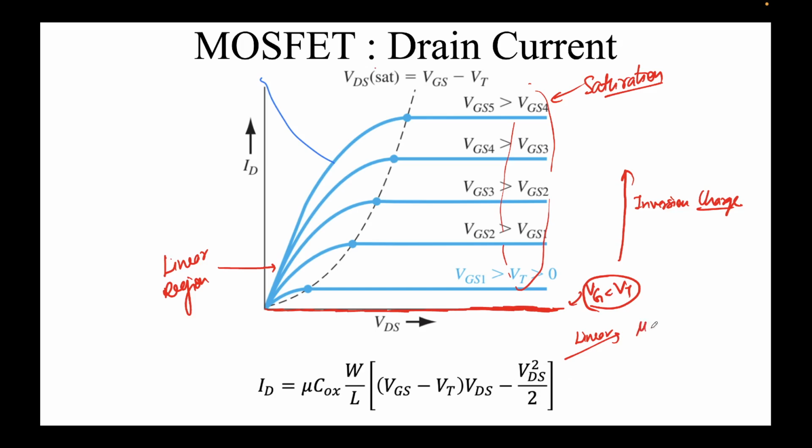What we'll get is mu C ox W by L (VG minus VT) times VDS. For saturation, VDS will be replaced by VDS sat, which is VG minus VT. So you put this term here, and you get mu C ox W by L (VG minus VT) whole square by 2. The 2 comes because this becomes VG minus VT into VG minus VT,